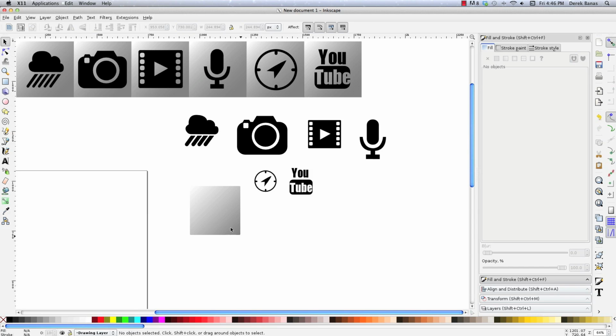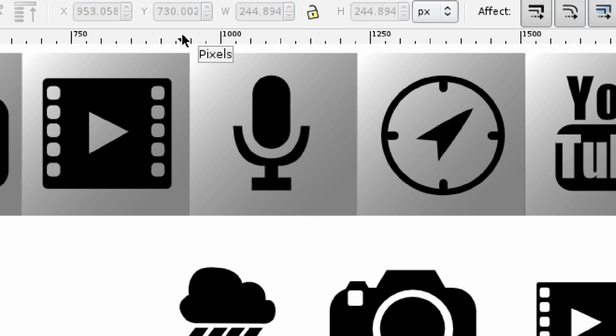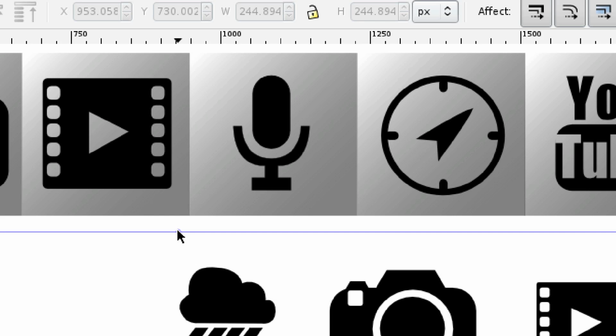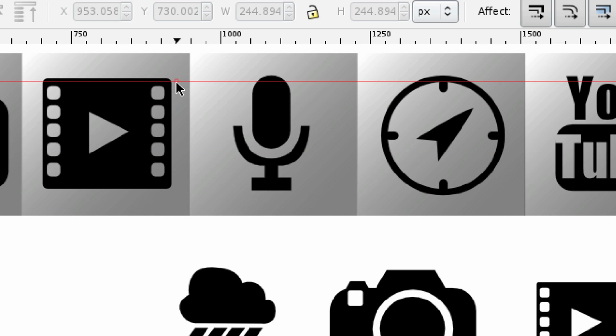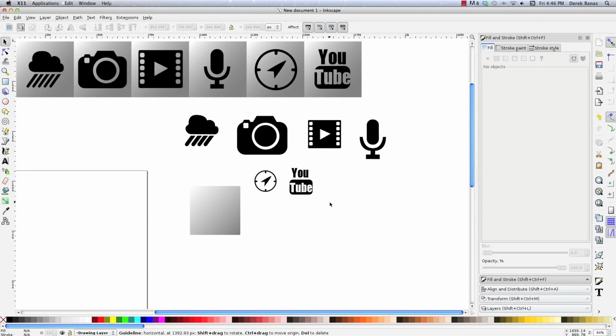Now you just have to move your little icons into place, and if you've never seen guides before, you just click up here where the little ruler is, and you click and hold, and you can drag out guides if you want to make sure that all of these line up. So there is a tutorial on how to create the icons we're going to use throughout the rest or in the next app that we